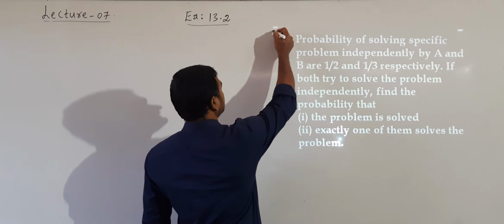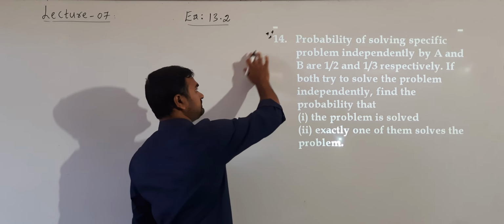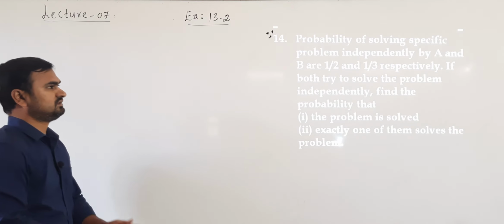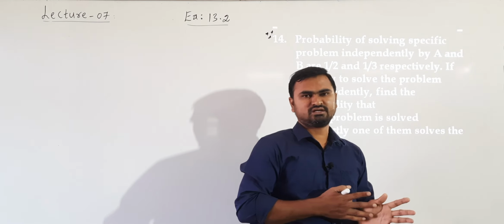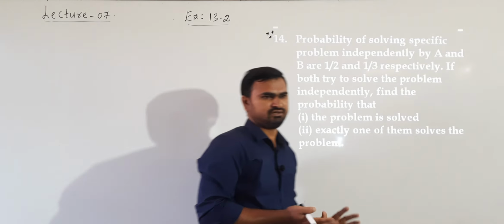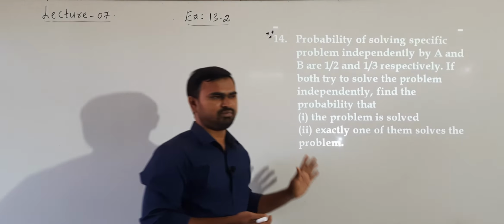So this model is important here. For 3 marks type and 2 marks type questions, it will be important. Now the problem is given to 2 students. Suppose A and B are the 2 students. We are given one problem to solve for A and B, and their respective probabilities of solving are given: for A it is 1 by 2, for B it is 1 by 3. If both of them try to solve independently, it means the probability of solving of A does not depend on the probability of solving of B. So you can write P of A intersection B as P of A into P of B. Now find the probability that the problem is solved. So you have to solve these two parts here.